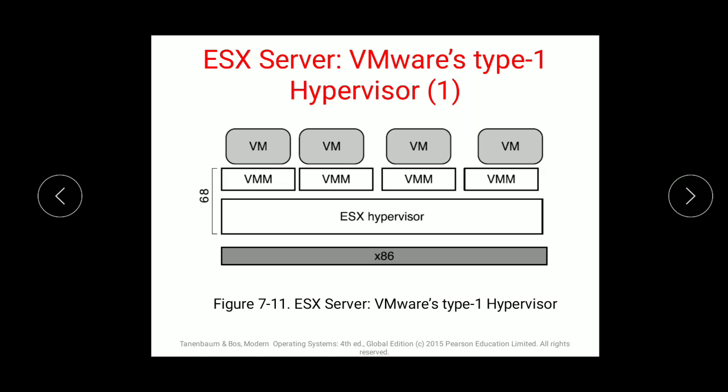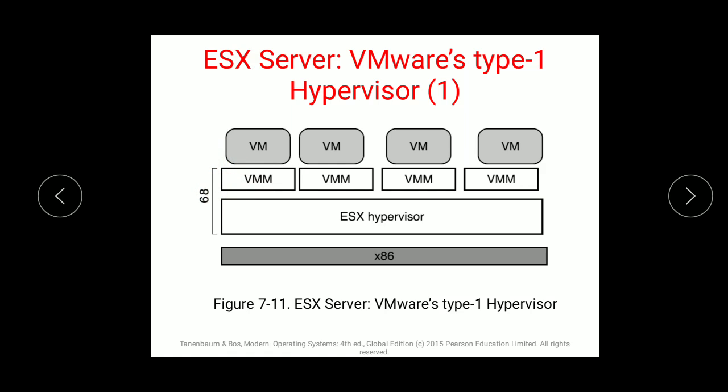Previously we were only on the host operating system. Now when we are implementing the ESX server on x86 hardware, what will be the criteria? See, there are n number of virtual machines, 1 2 3 4, and you have virtual machine monitors separately for them. And for your ESX server, you have the ESX hypervisor, which will run on your bare x86 hardware, to give the outputs here. x86 is the actual thing.